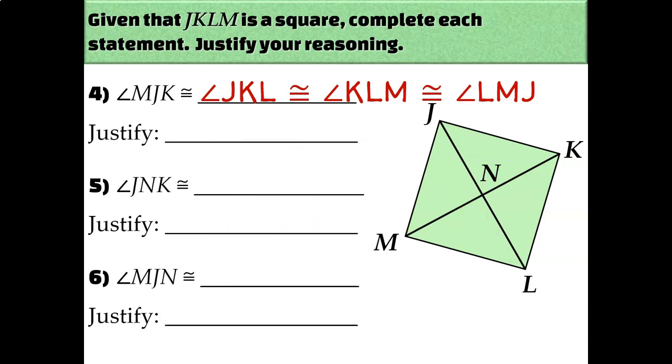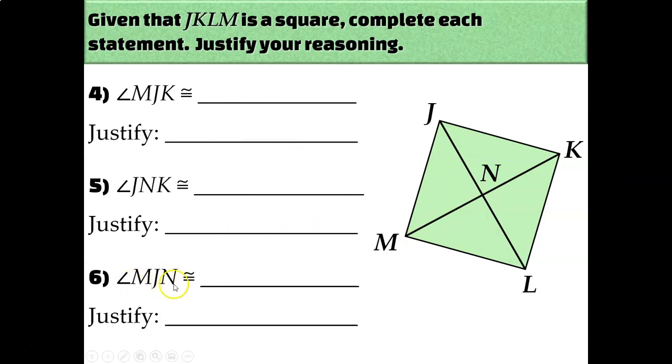And I'm going to erase what we have so far so we can look at this last question. MJN is congruent to, well, here's MJN. It's one of the angles created by the intersection of the diagonal with an angle of the square. And since a square is a rhombus, we know that the diagonals cut each angle in half. So I would at least know that MJN is congruent to KJN. But since the opposite angles are congruent, we would also know that it's congruent to KLN and MLN. But since we also know that all four angles are congruent, and the diagonals bisect each pair of opposite angles,